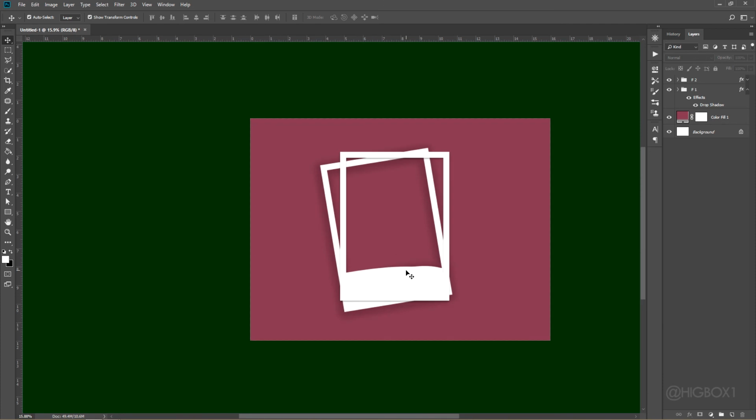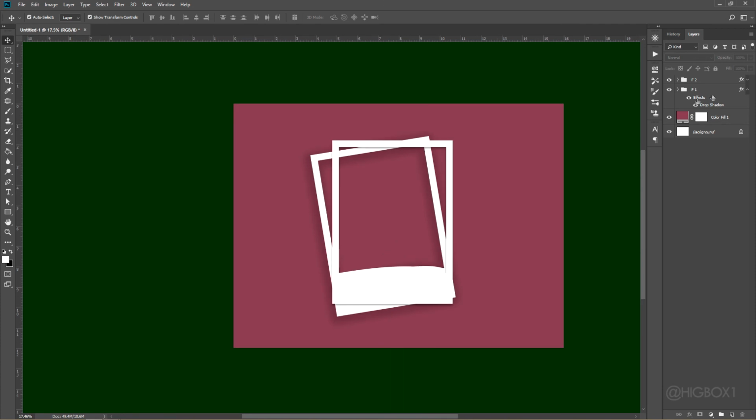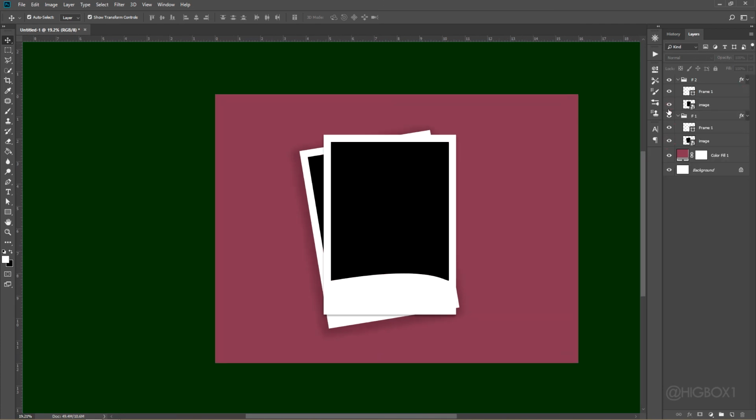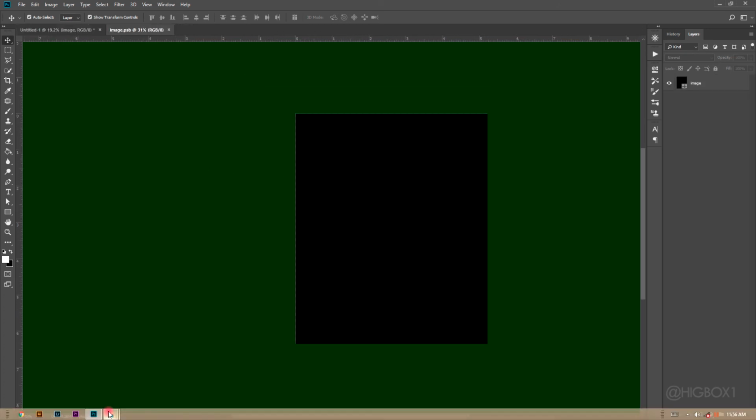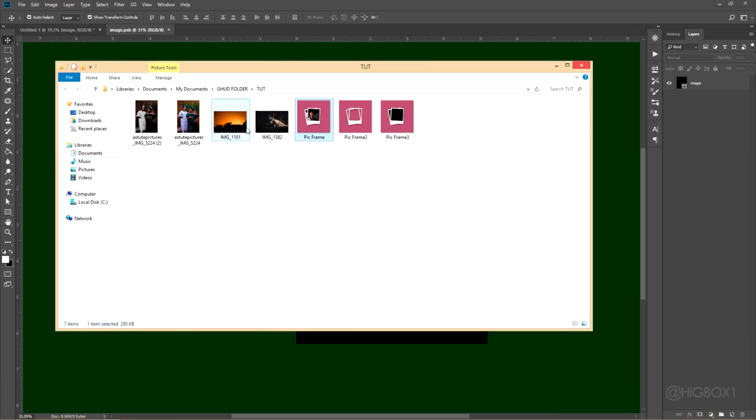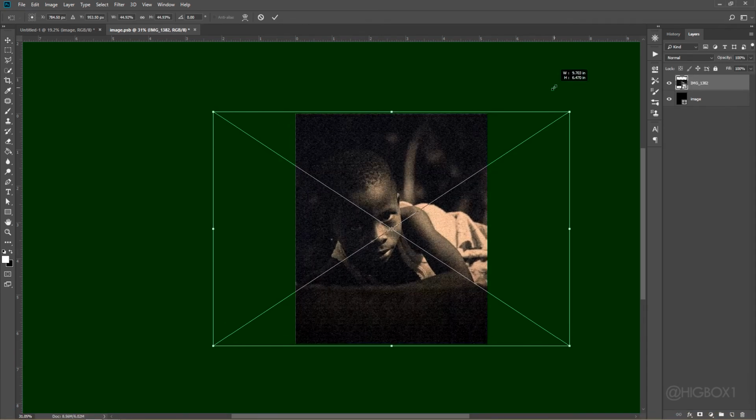So this is it. This is the second stage. Third stage is to apply an image. So we start from the upper image layer. We double click on the smart object thumbnail. This will come out. We are going to fix an image into this particular part. Scale it to fit in.